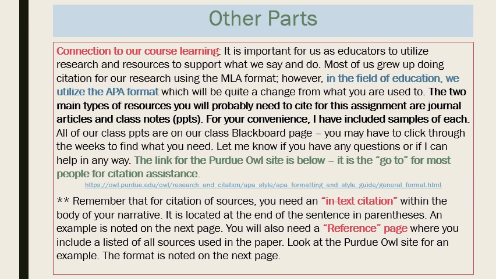A couple of things to keep in mind, and again, this is not new information to you. I'm sure you've had to do some type of research papers before where you've used citations and included a bibliography or that type of thing. So for this paper, you'll need to do the same.